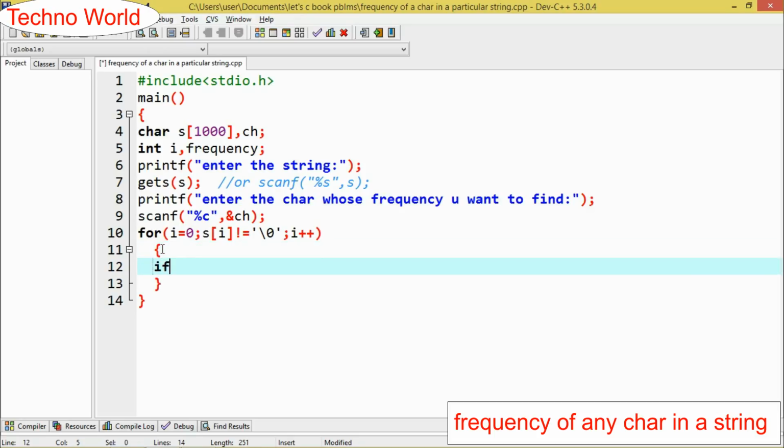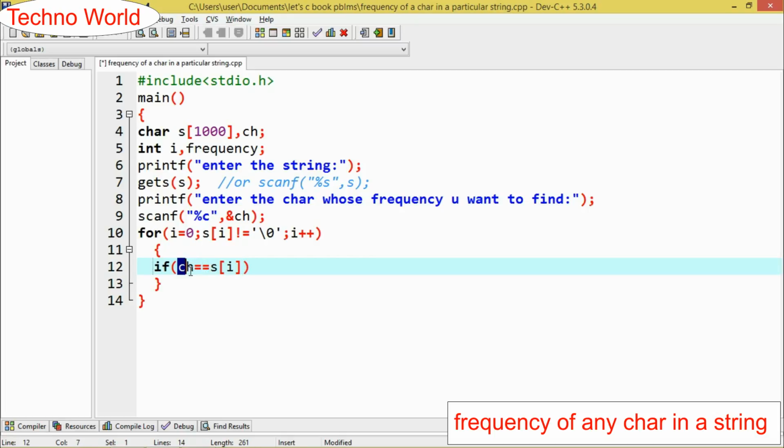Then I will use an if statement, that's if ch equal to, please mark it carefully, this double equal is the symbol of equality in C programming, and if I omit one, it becomes the symbol of assignment, not equal to. So here I am saying character equal to s[i]. You may wonder what it means, as these two are only characters, not any value.